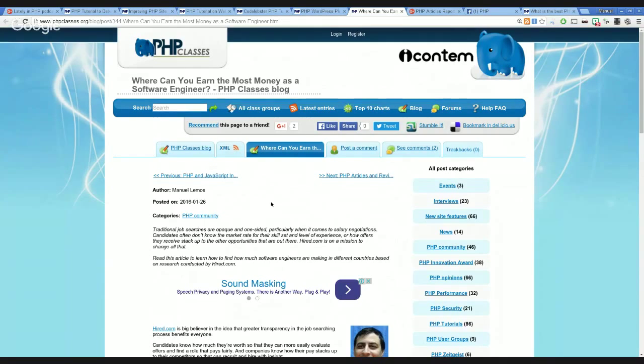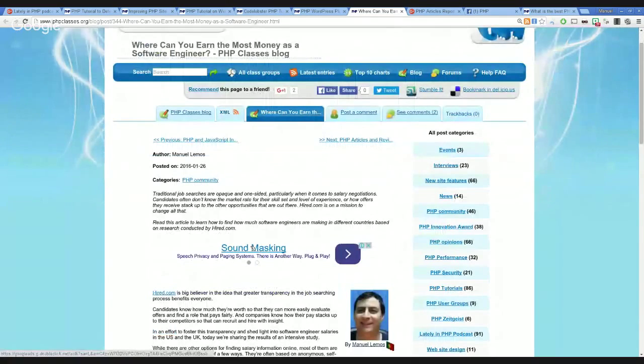This company Hired, as you may know, is a company for recruiting professionals in many areas, and they have written an article that teaches about a tool that they have developed to let you know where in the world you can earn more money as a software engineer. Actually, in the world is restricted to US and UK,